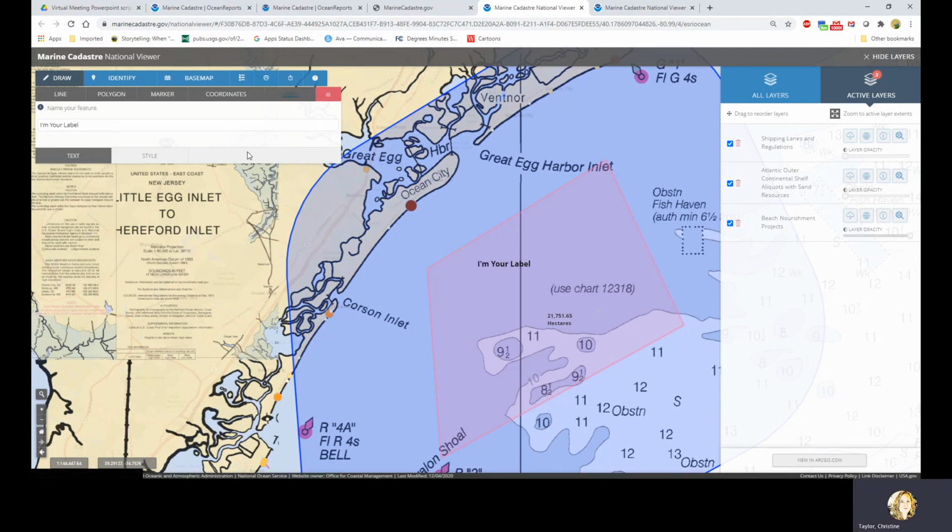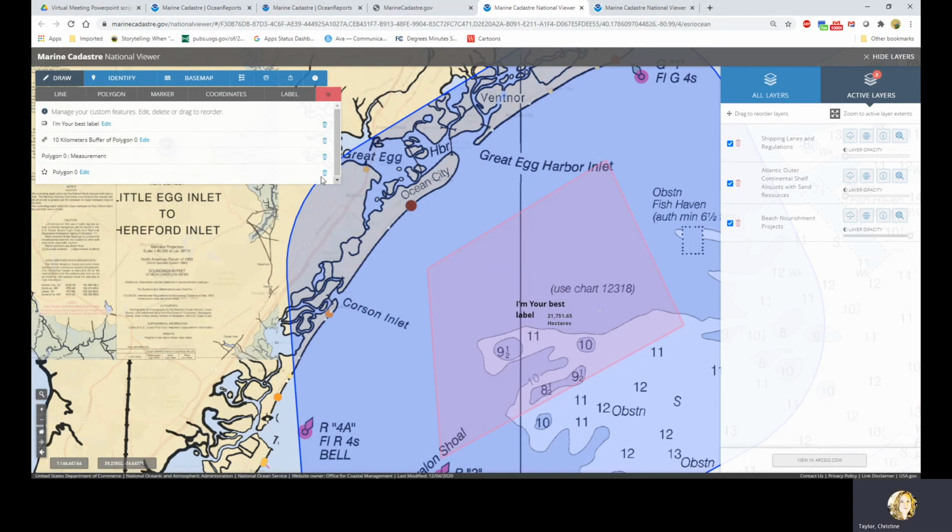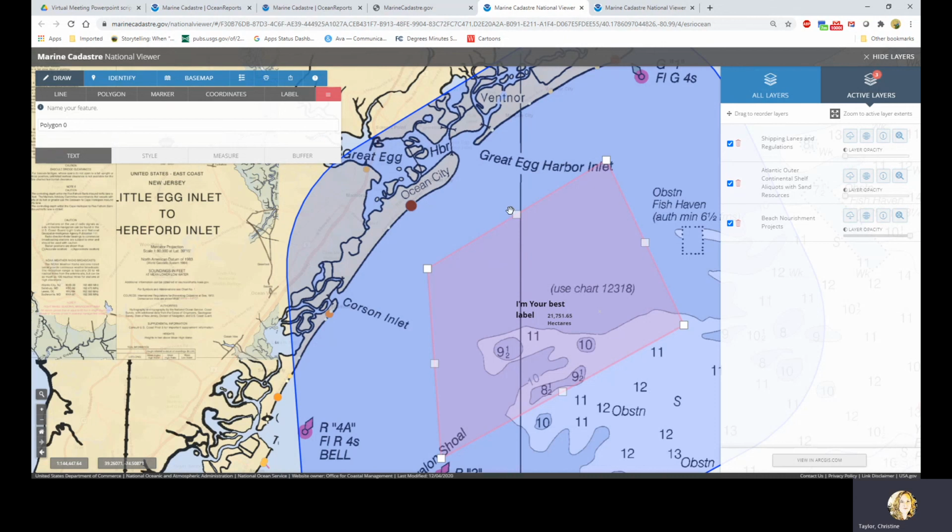And I can also put labels. You can see here. And that can be moved around. You can also go back and edit your polygon if you wish by changing some of the shape or the style again. You can also add coordinates if you happen to know what those are, and that will give you a point. Or you can get rid of it all or parts of it.